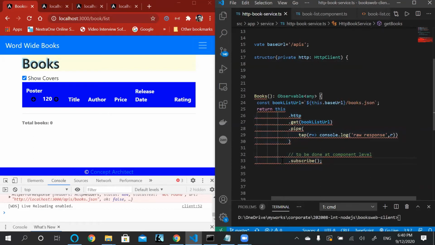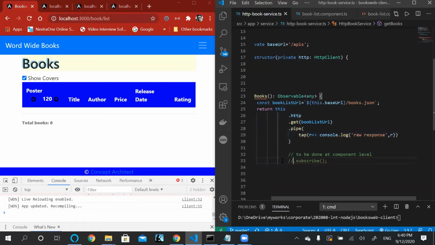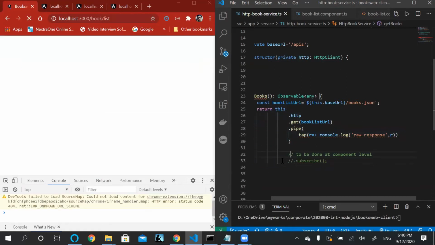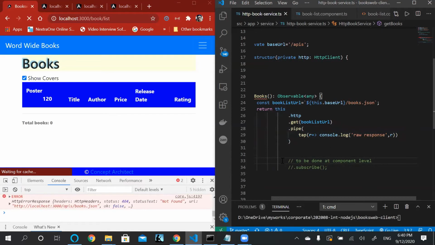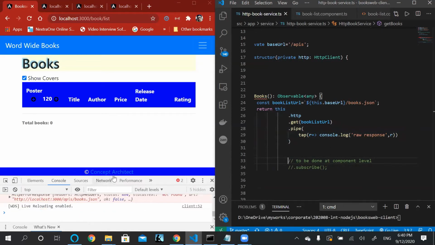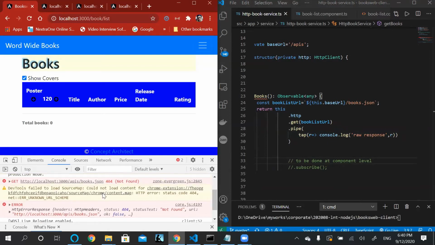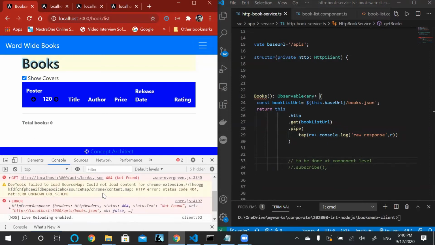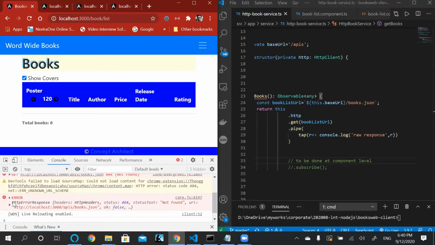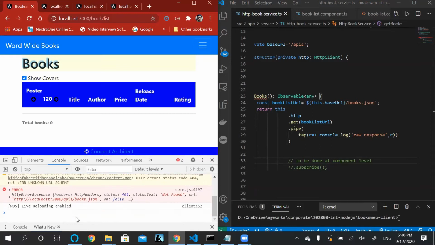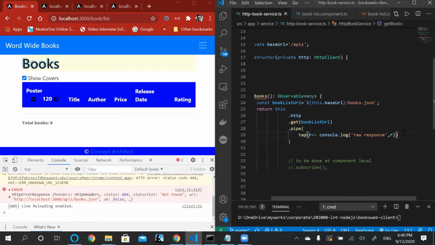We will not be subscribing it twice, so let's remove this subscribe word, which is just a subscription to be done at the component level. And as you can see here, when the server starts, I am getting the message, and right now here it is not getting me a data, rather it is getting me an error thrown.